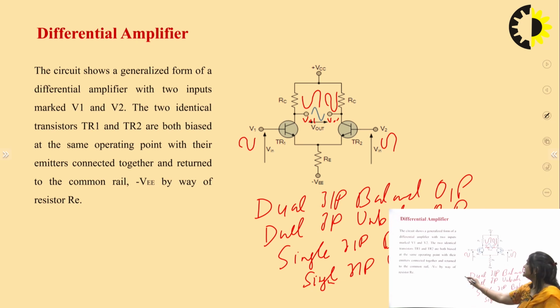In op-amp, generally dual input balanced output and dual input unbalanced output is used. If we see the block diagram of the op-amp, the first stage, that is the input stage, includes the dual input balanced output difference amplifier, and in the second stage, that is the intermediate stage, dual input unbalanced output is used.